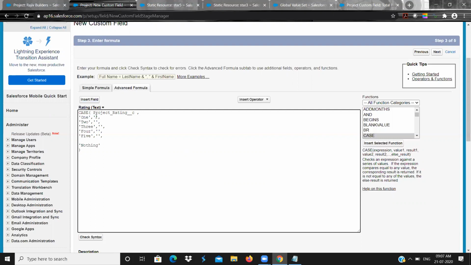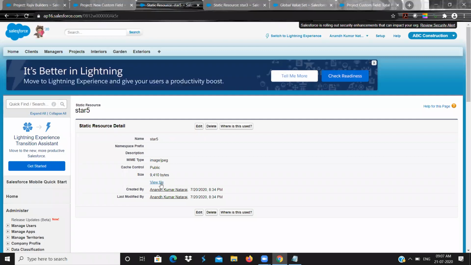So here, how can I take the static resource and show? If you click on view file, after .com it will generate one URL kind of thing here, resources / 5, like that. You need to copy it. This is called the path for the image.